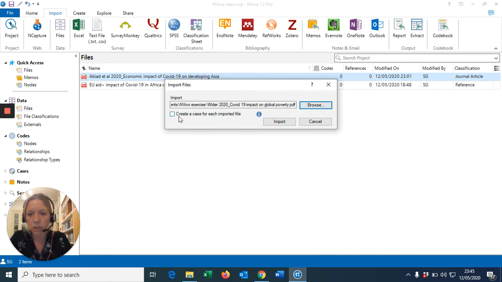There is an option here to tick this box that says create a case for each imported file. So suppose that each of these files is also a unit of analysis in your study. So this you would have, for instance, when you have interview transcripts with particular individual respondents, and then each of these interview transcripts would relate to one particular case in your project. Then you can tick this box and it will automatically also create cases for these files,